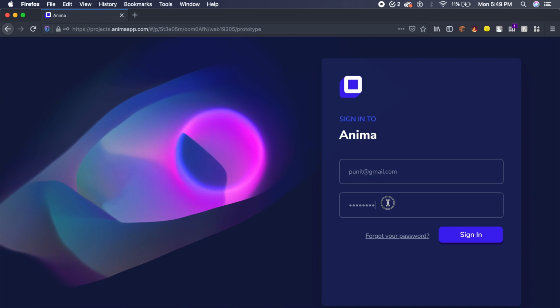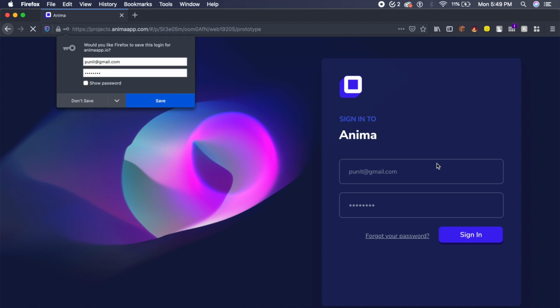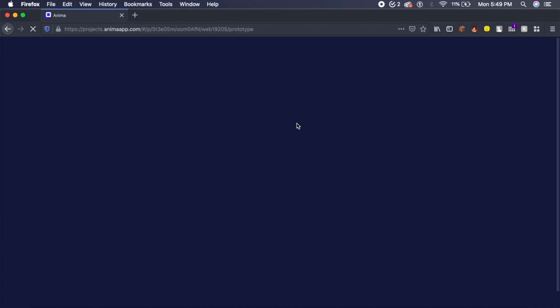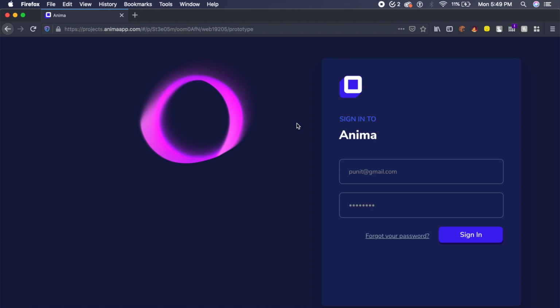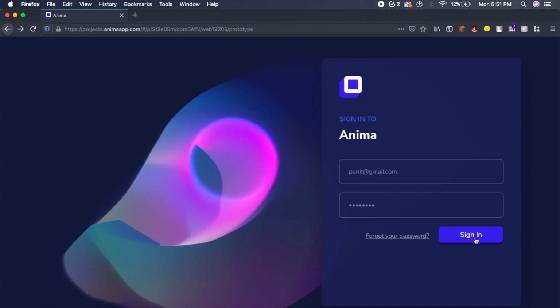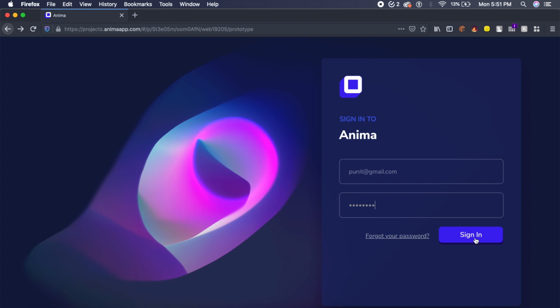So I'll just write a random email and a random password and I'll say sign in. It will then ask you if you want to save it. I'll save it and it will fill this inside an Excel sheet of your choice. Or what you can do is redirect to another website. This is awesome. This video will take us less than 10 minutes. So without further ado, let's just get started with this video.